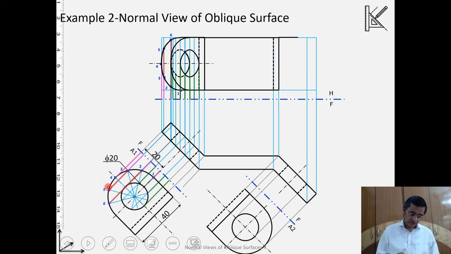Let us do it. It is similar to what we have done, and with that I will be able to draw the projection.